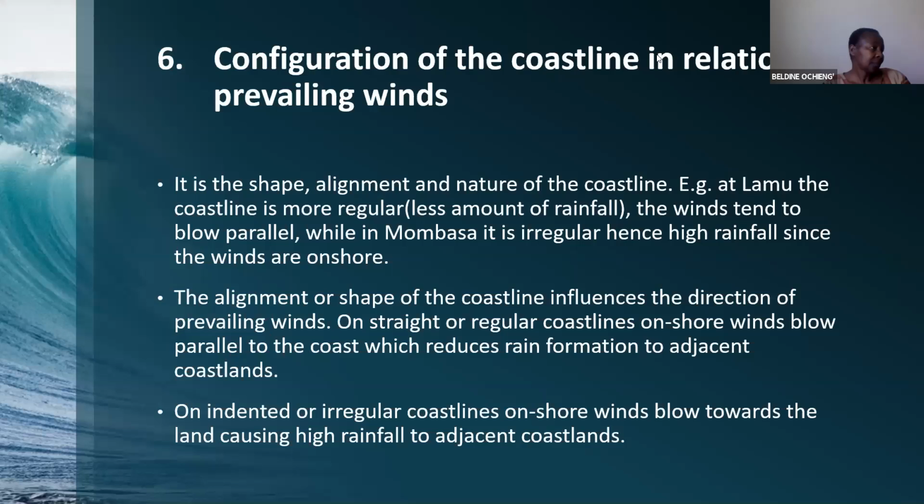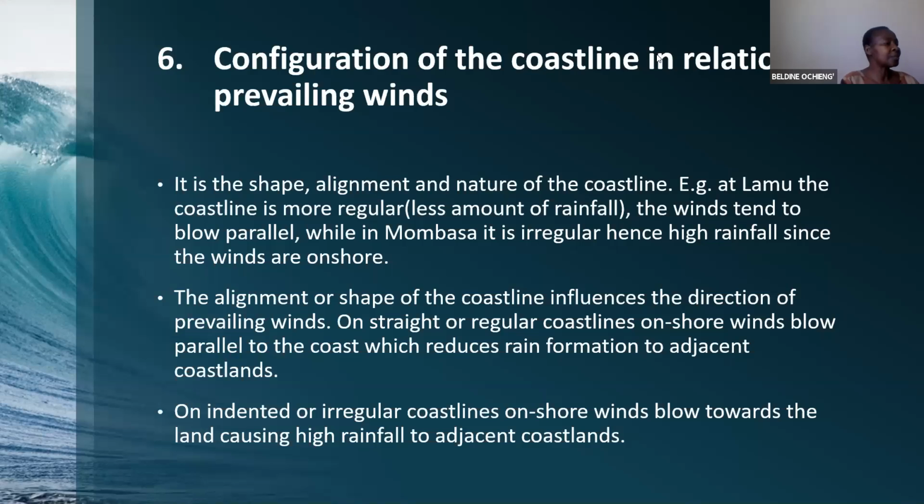Six, configuration of the coastline in relation to prevailing winds. Configuration, I told you, is the alignment, the nature, how it is, the ocean or the lake, but mainly we are on the ocean or sea, the coastline. Therefore, it is the shape or alignment and nature of the coastline, e.g. at Lamu,